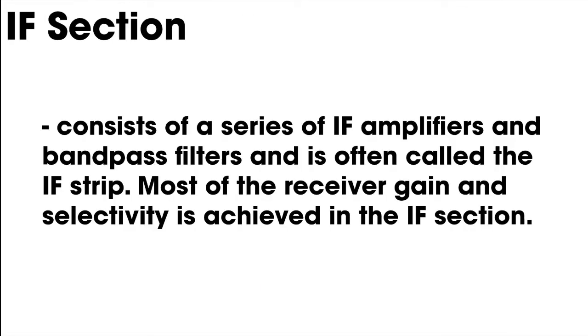Next is the IF section. The IF section consists of a series of IF amplifiers and bandpass filters and is often called the IF strip. Most of the receiver gain and selectivity is achieved in the IF section. The IF center frequency and bandwidth are constant for all stations and are chosen so that